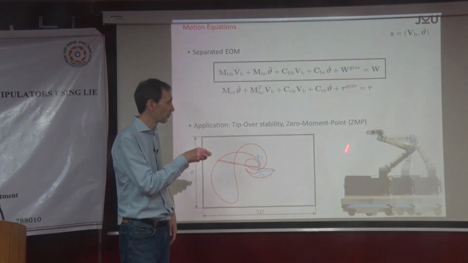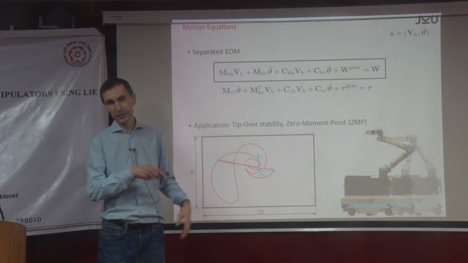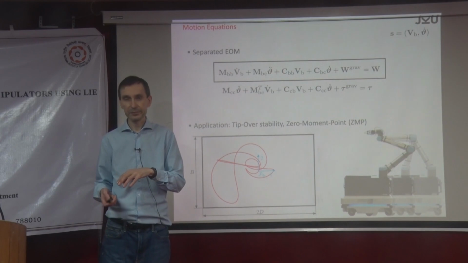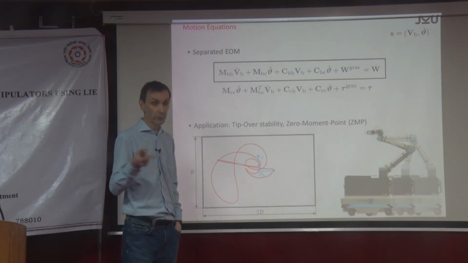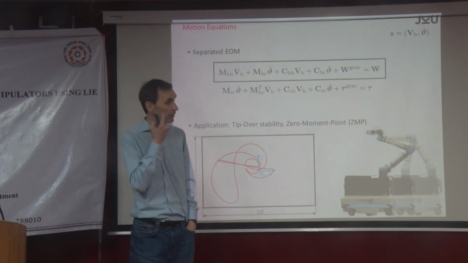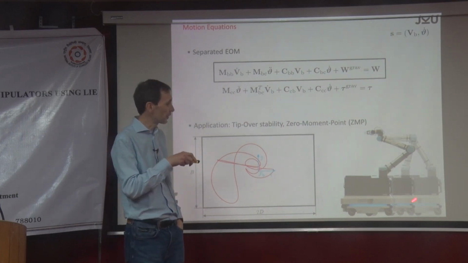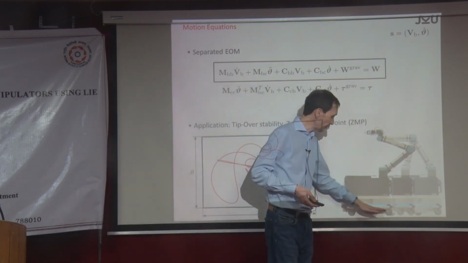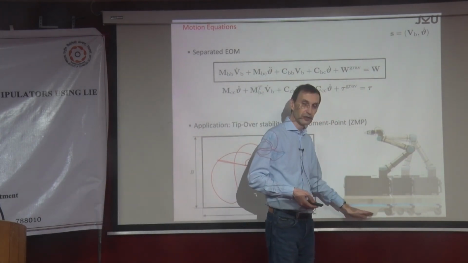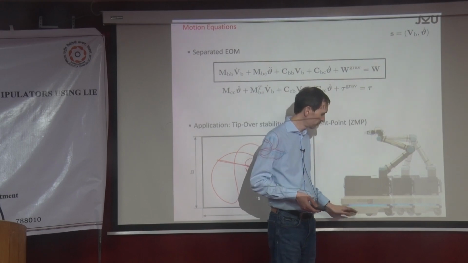If you do high-speed motion and the whole thing tips over, that's not a good idea. And that's why you have to do this model-based, because otherwise there's no way to do it. What you have to identify is somehow the load at the